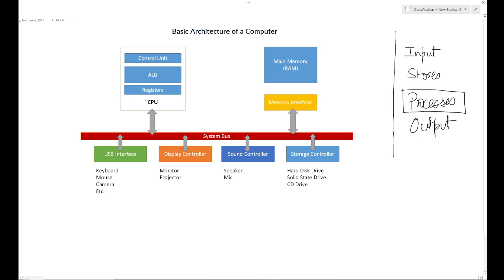The processing part is called the CPU, or the central processing unit. In essence, it has many things, but we will divide it into three parts. One is the control unit, which has something called a program counter. This basically controls what instruction to execute next.